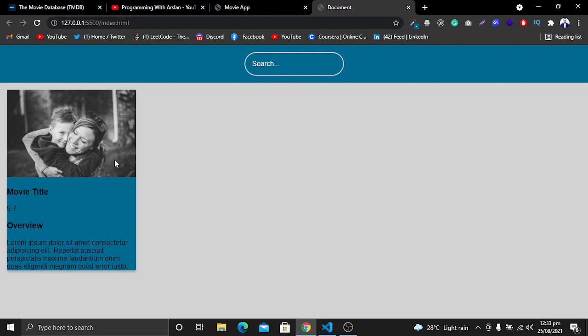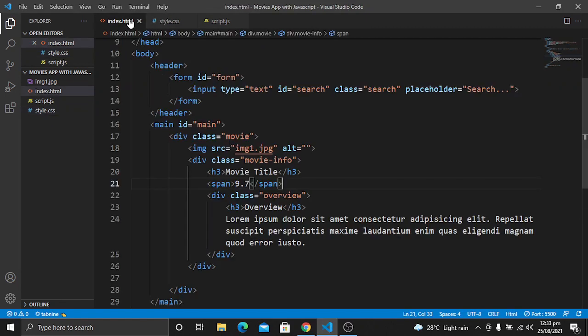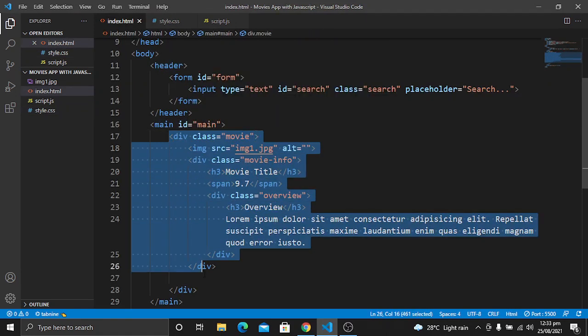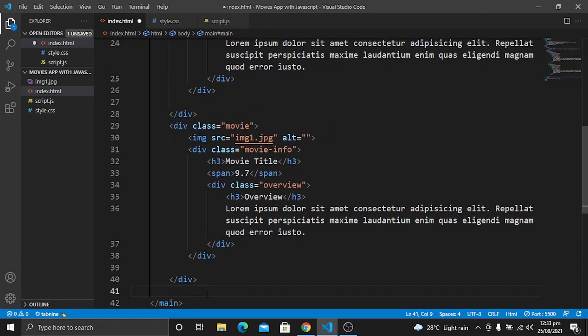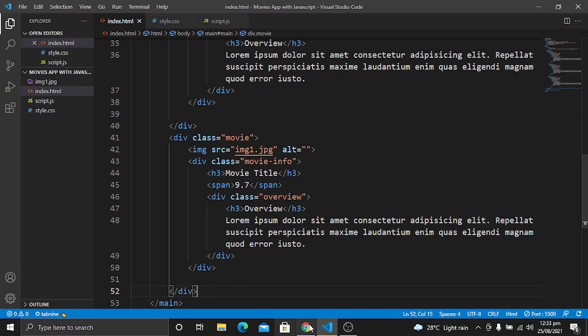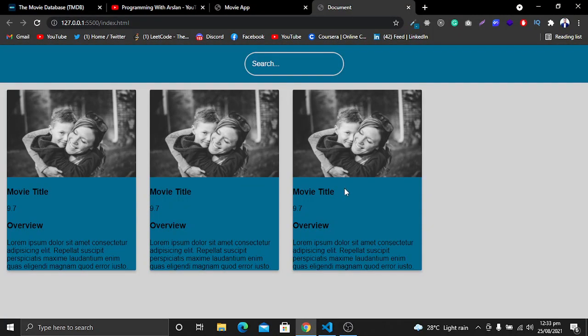Now you will see we have one item here, movie item. So let's go to our HTML file. What I will do is copy this and paste it 2 more times, so we have more movies here, and we can design it and see the responsiveness of it.